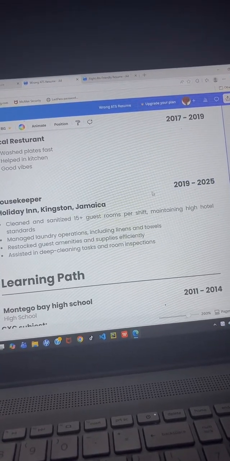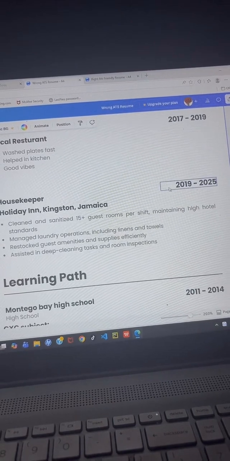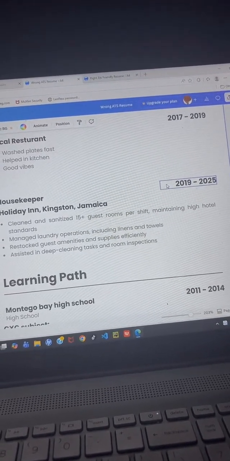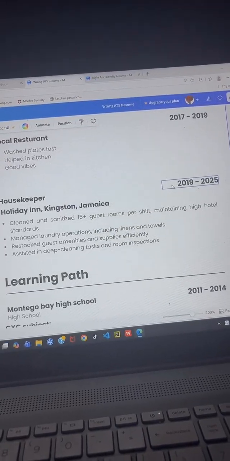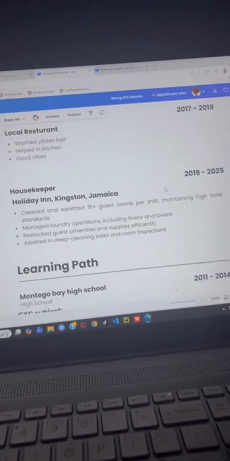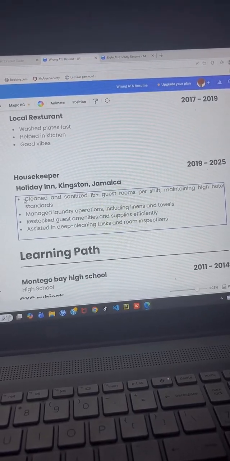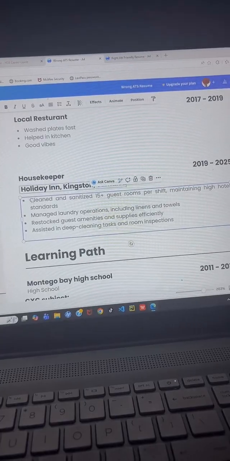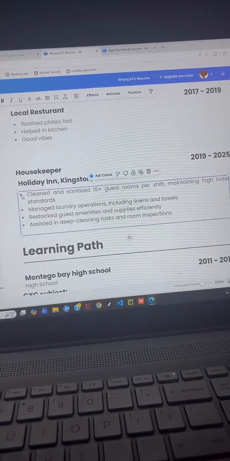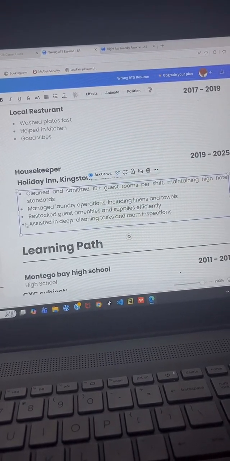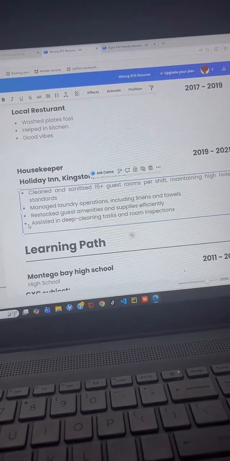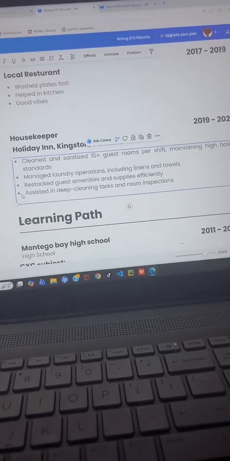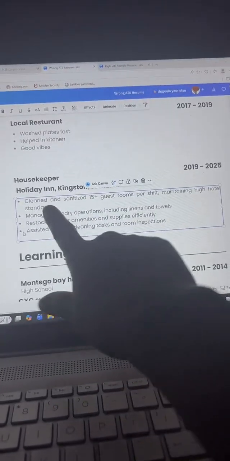But what is missing here is that she needs to put the month. She should put the month first, then the year. And then these are good bullet points. Like I said, for your job duty section, ensure that you're using bullet points and not just listing the job duties. So this is very good.